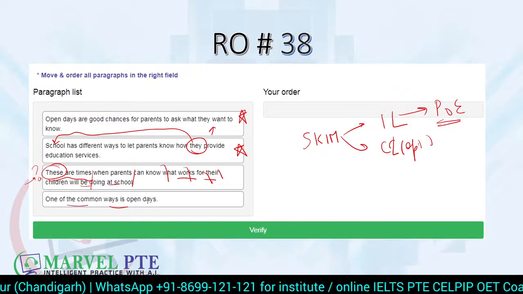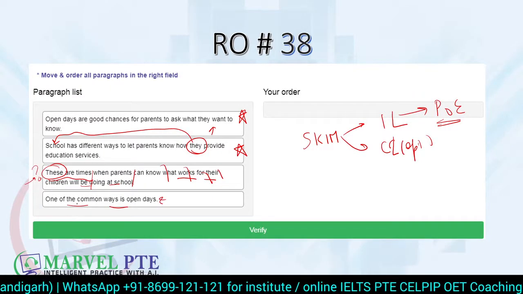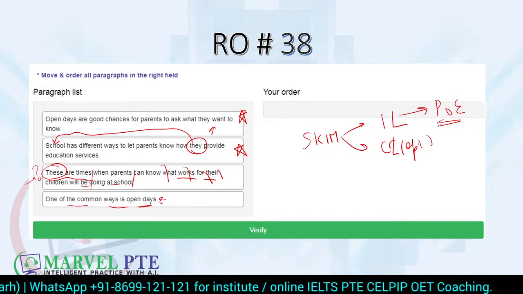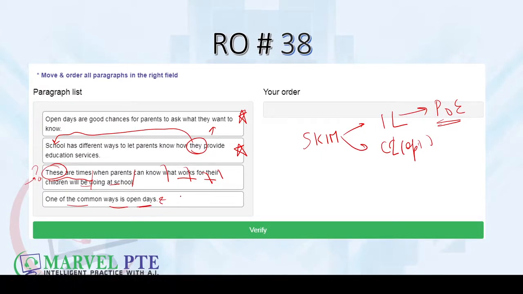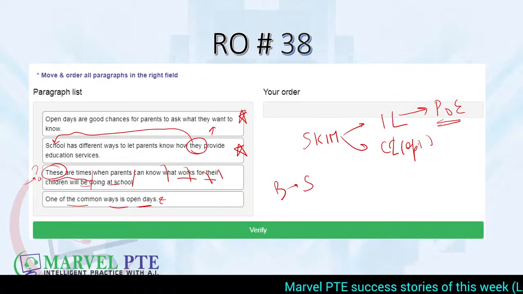One of the common ways is open days. एक तरह का कॉमन वे है ओपन डेज के बारे में. अब वन ऑफ द कॉमन, मतलब पहले कुछ बात हुई होगी तभी. Remember, are brought to specific strategy. पहले जनरल बात होती है, फिर स्पेसिफिक बात होती है। सो बेस्ड ऑन दैट कि आप कह सकते हैं ये इंडिपेंडेंट